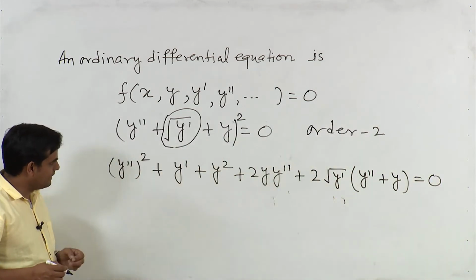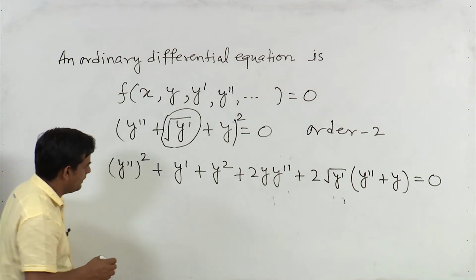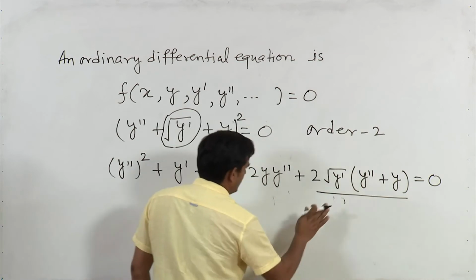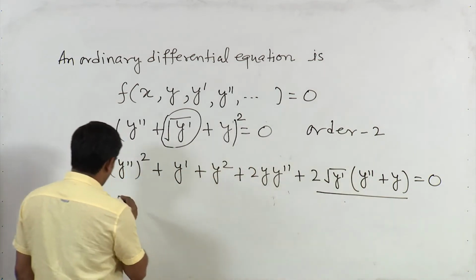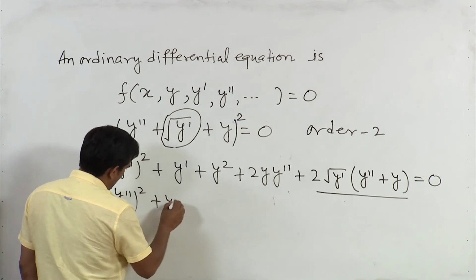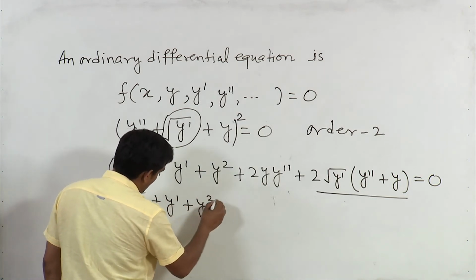So we will get this equation. Let us simplify it more. So basically we need to simplify this term. So when I simplify this term, this will become y double prime square plus y prime plus y square